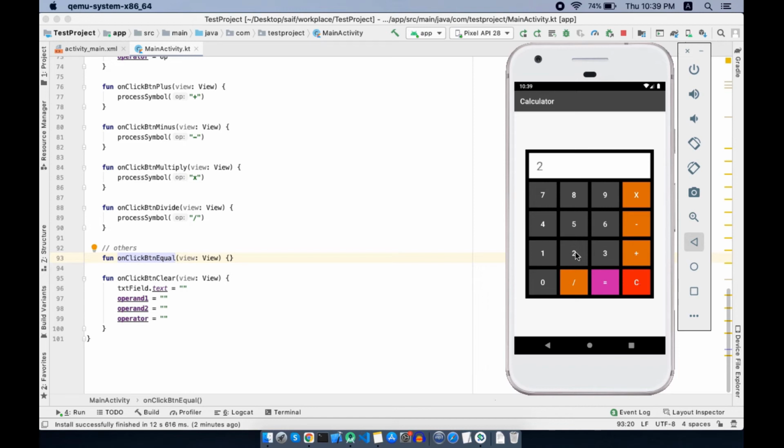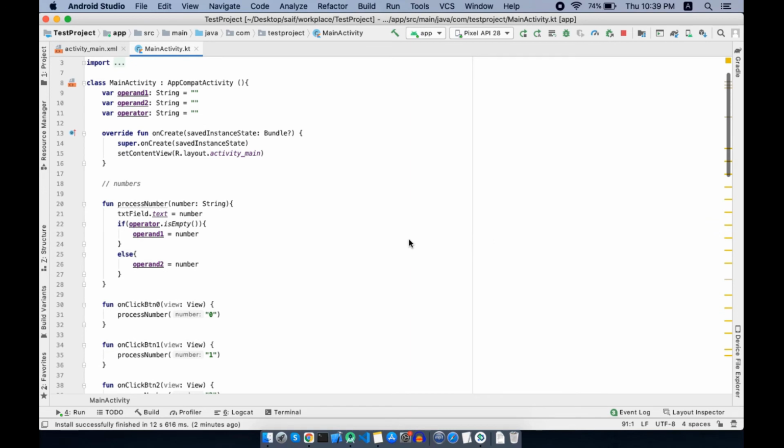So let's work on our numbers. They should not override the value, they should append the values when they are typed. We will go to the process number function. Now here if you see, whenever a number is pressed, let's say 1, that 1 will be written on the text field.